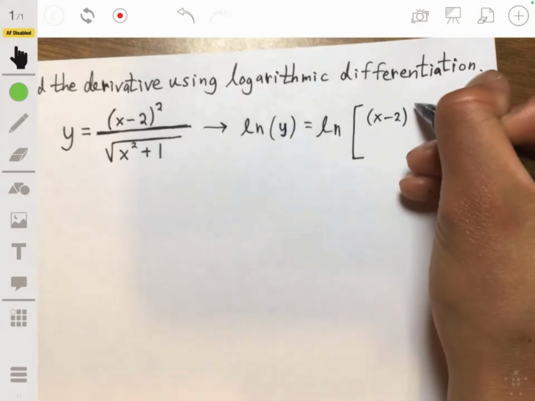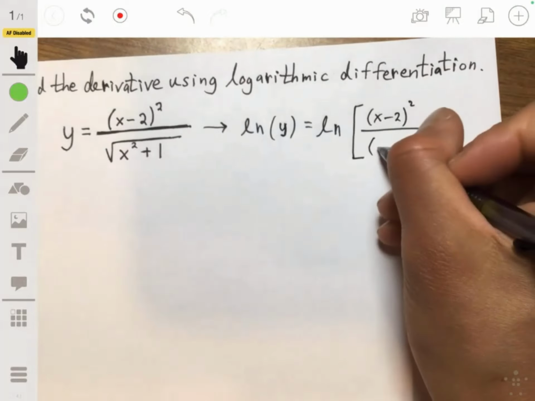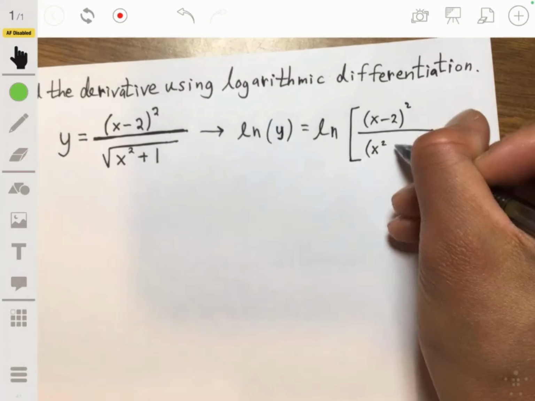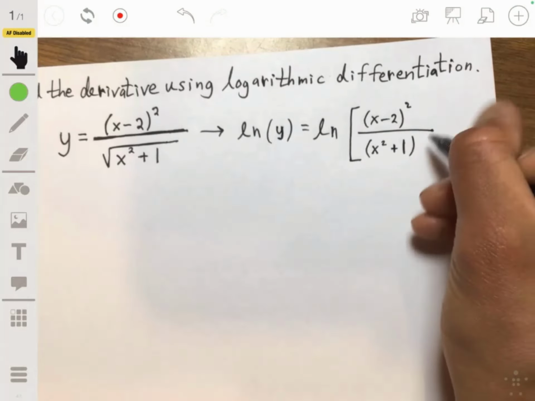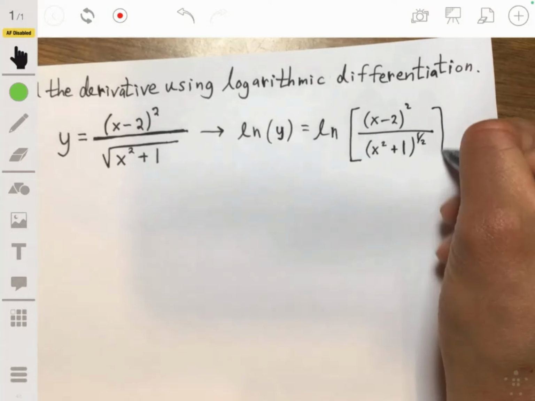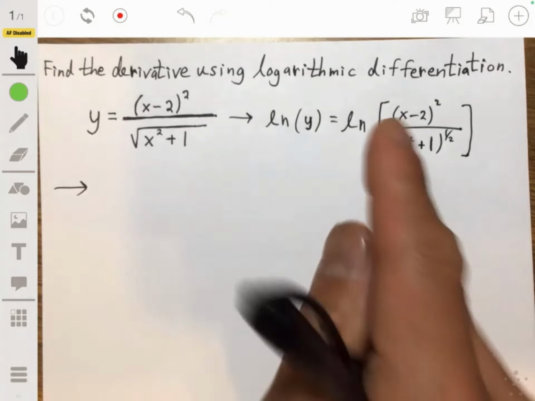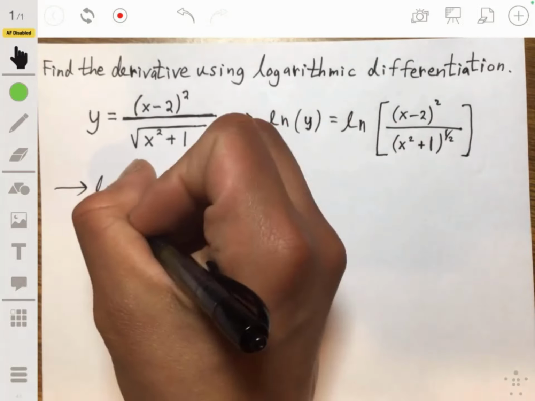And I'm gonna rewrite the square root as a 1/2 power because that's essentially the same thing. So x squared plus 1 to the 1/2 power. Moving on, keeping the left the same, the natural log of y